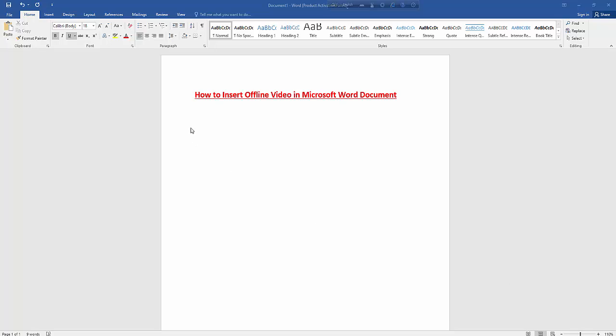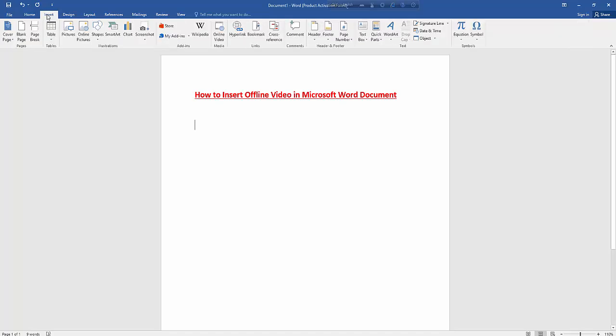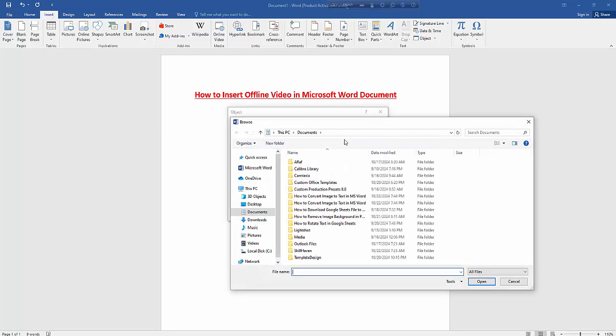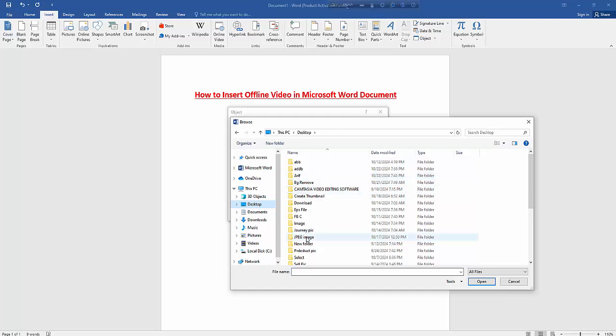Now go to the Insert menu option. Then click on the Object option. Now click on the Object bar. Now click on Create from File, then click on the Browse option, then open any source file, your video,